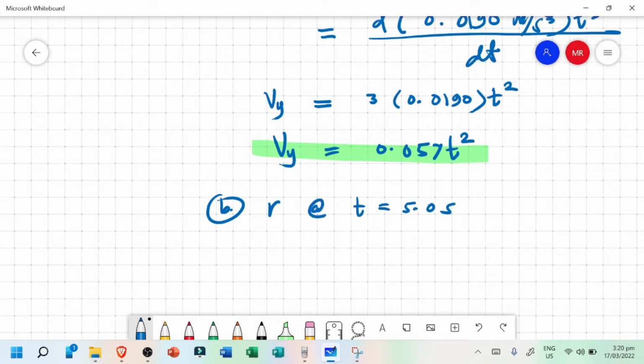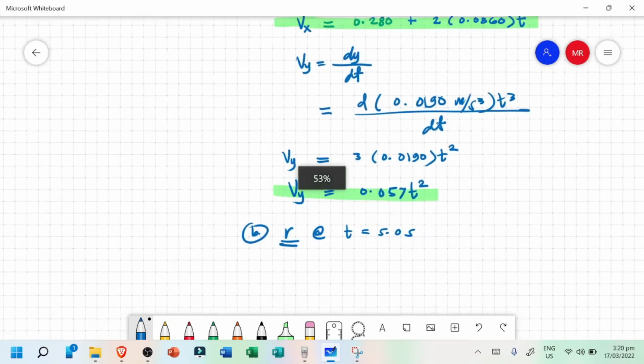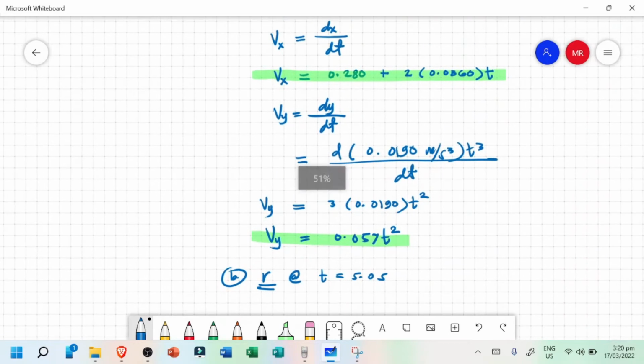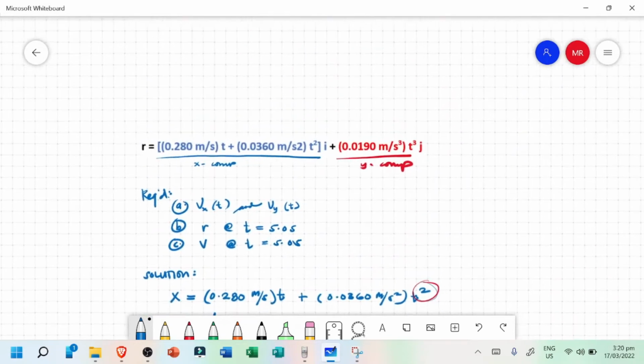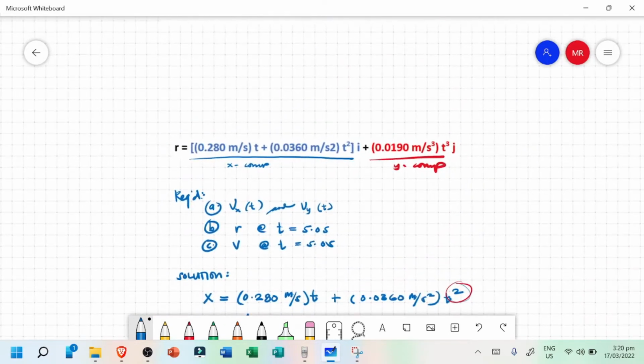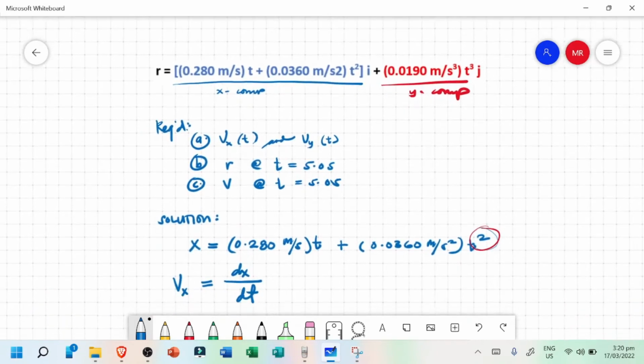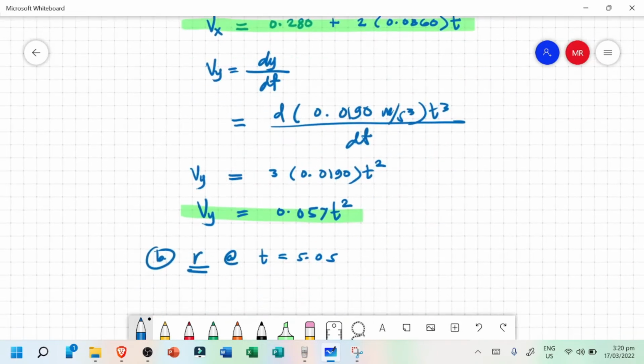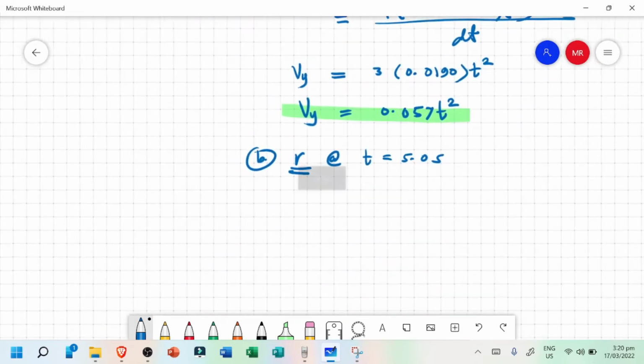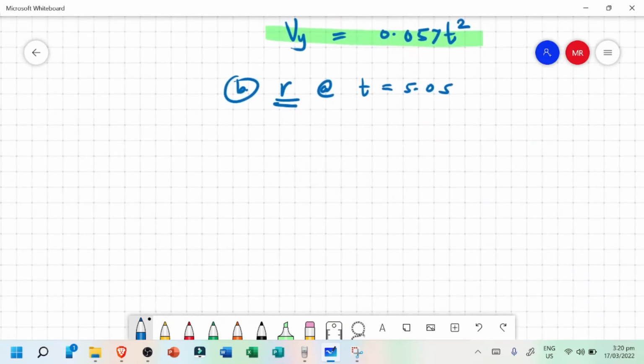So the position function is already given. We just have to substitute 5 to the time. The function is already given. This is our function, right? 0.280 meter per second t times 0.360 meter per second squared t squared i and 0.0190 meter per second cubed t cubed j. So we just have to substitute the time 5 seconds to that equation because from our time